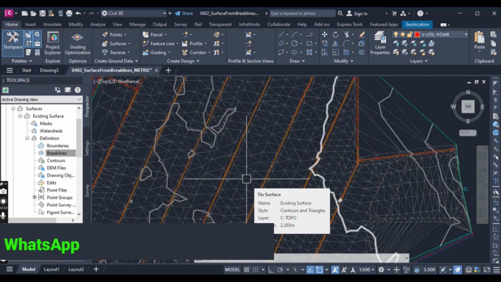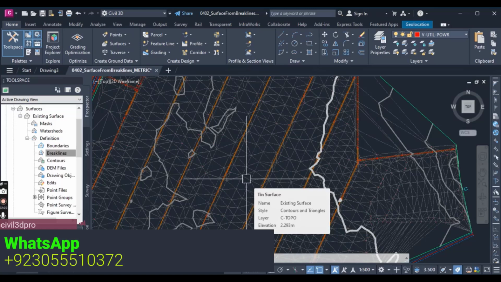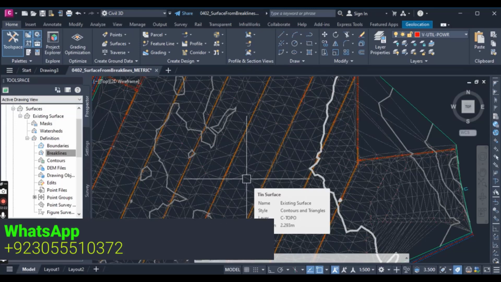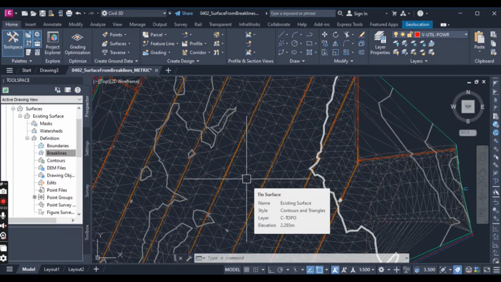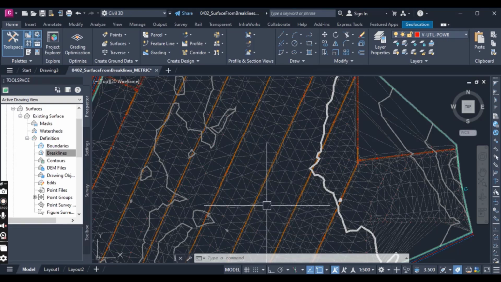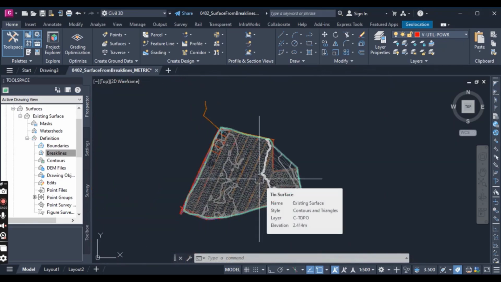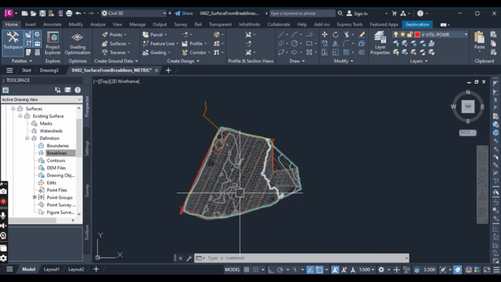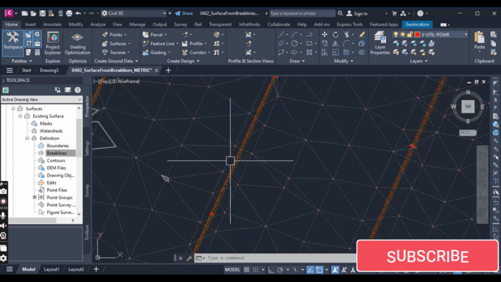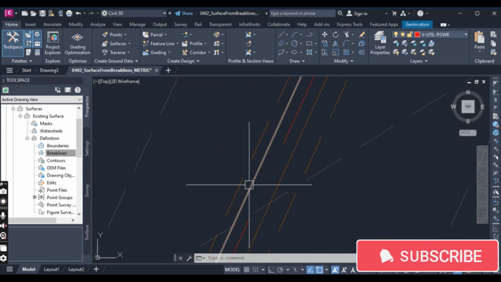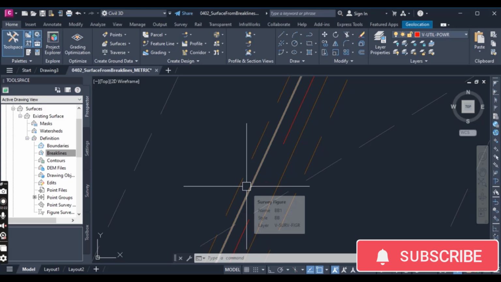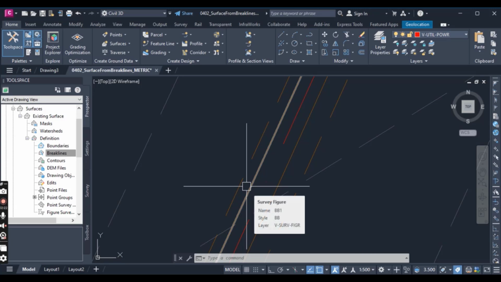It also contains 3D survey figures without the survey database. We will have to add the figures conventionally, meaning through the break lines branch of the surface. You can inspect the drawing by panning and zooming along the line work, which you can see here. Notice that the TIN lines are not